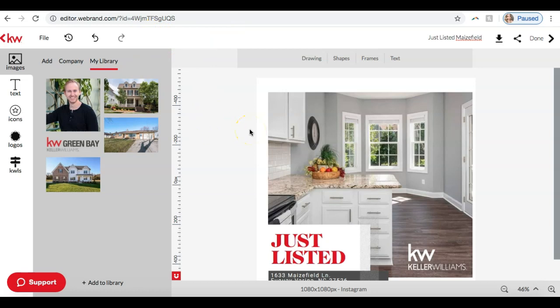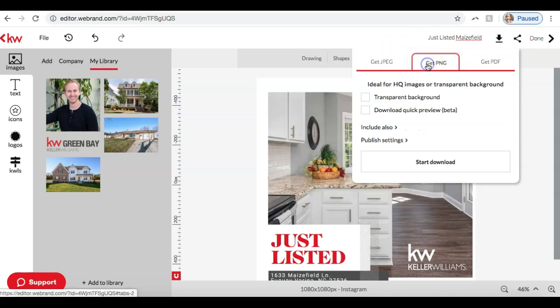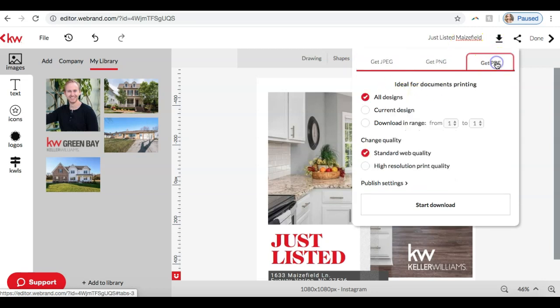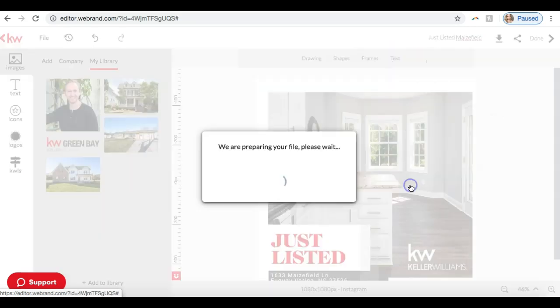So to go ahead and use this, what we're going to do is go up to this button right here, download. And it gives me a couple options. I can download a JPEG. For this, it doesn't really matter, JPEG or PNG. PNG is great for images that have a transparent background, which this one does not. So you can just download a JPEG. PDF is great for flyers, which I'll be showing you next. But we just need a JPEG for this. So I can click Start Download,